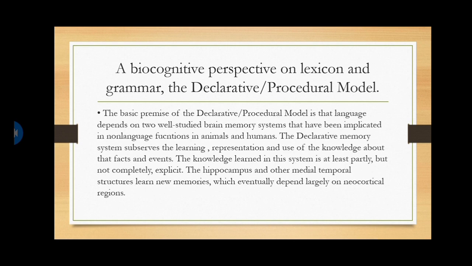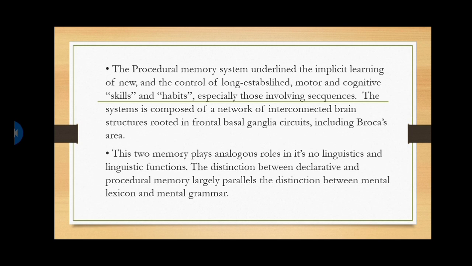The declarative memory is a system that subserves the learning, representation, and use of knowledge about facts and events. It is also strongly predicted to play a specific role in the mental lexicon, while the procedural memory is the memory that